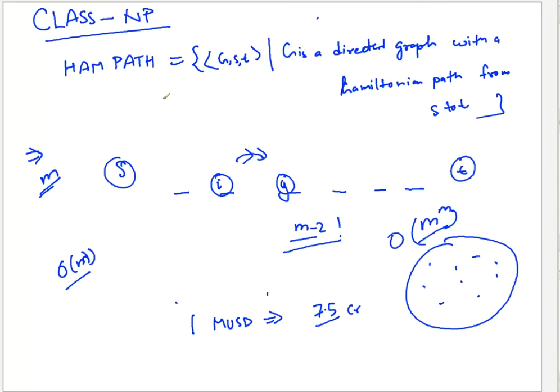So it's such a kind of problem. Very interesting. It's a very simple problem, right? It looks very similar to the path problem. Or maybe you might have talked about Euler path, right? Checking whether there is an Euler tour or Euler path from S to T. That problem is in P.